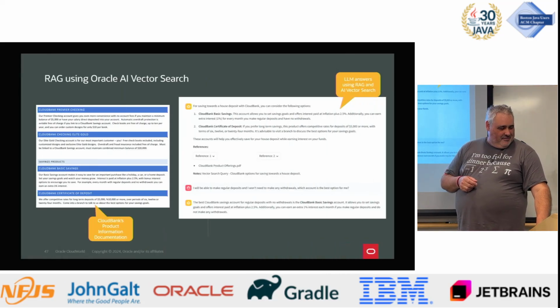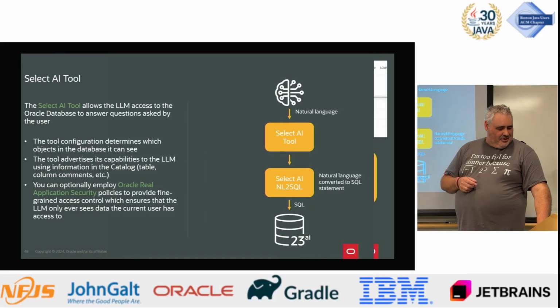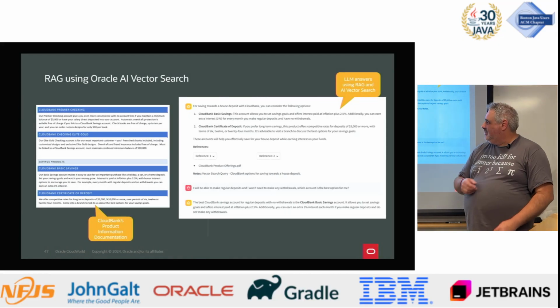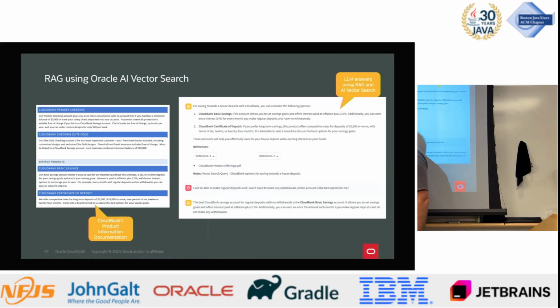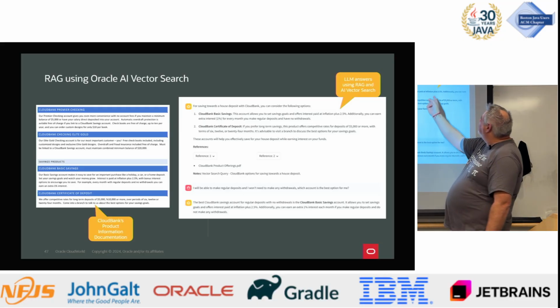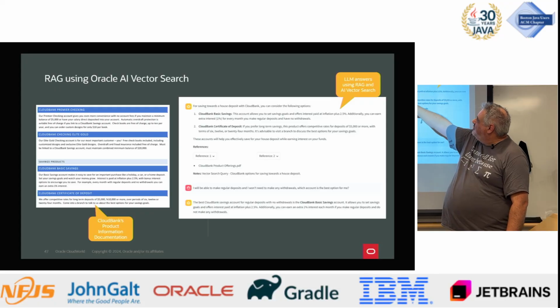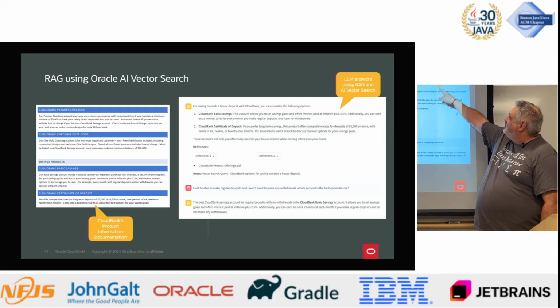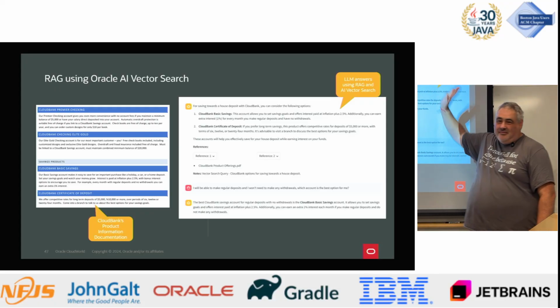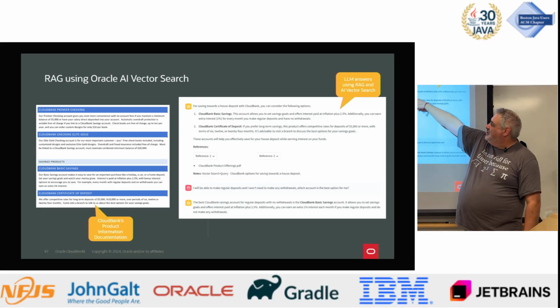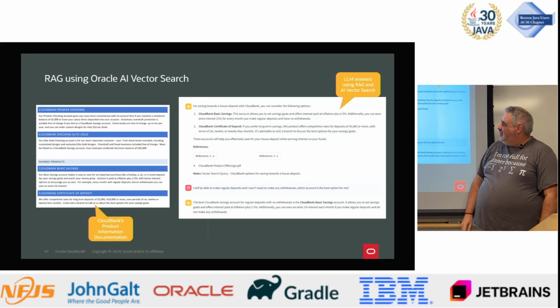Actually, I think I have a tool thing. Okay, I do have a tool thing. Here's an example. This is the one I was talking about before with the check. Say, here's a product brochure with the types of accounts and the costs and stuff. You ask it a question, I think I asked it, I want to save for a house. What sort of savings account should I get? And you can see it tell me the different kinds of accounts and so on.